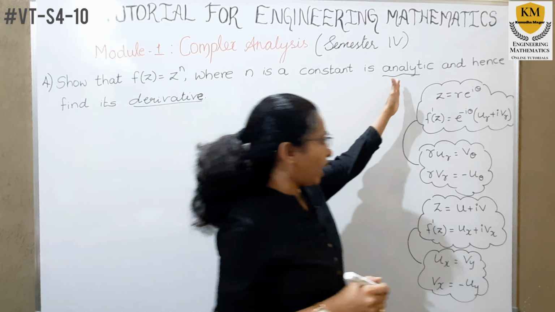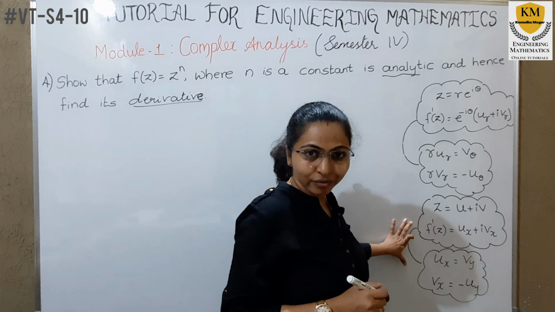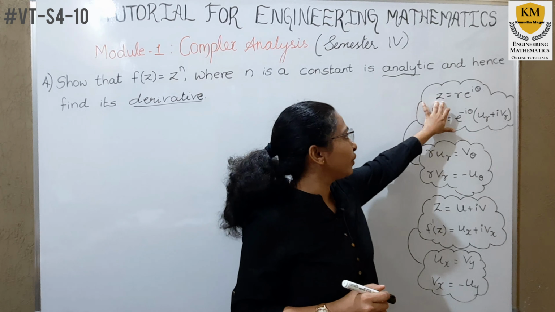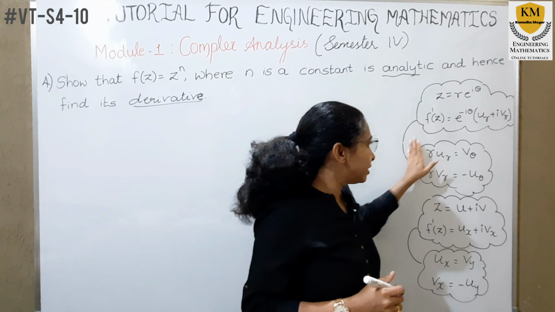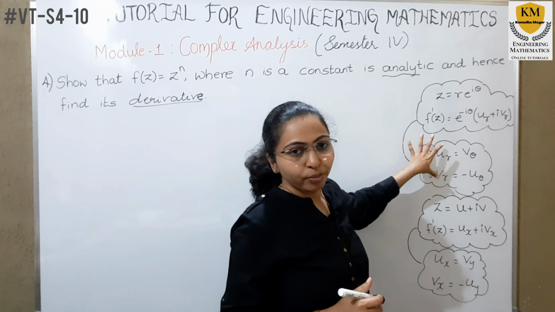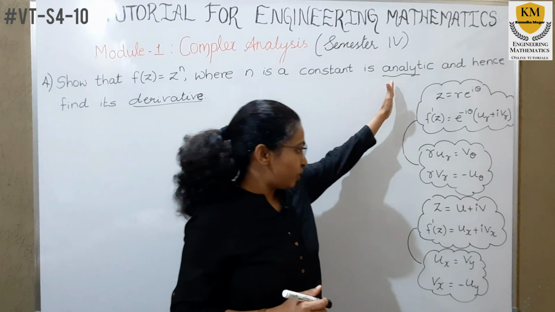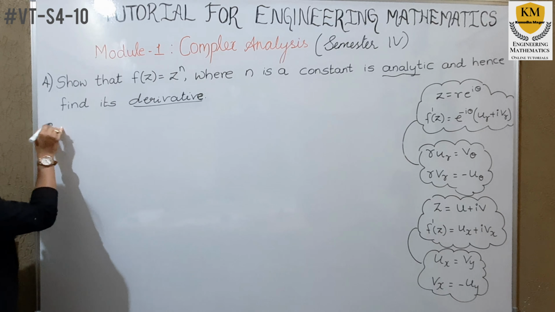Here in this corner I have written the things to do. This is for polar form and this is for Cartesian form. I have written the function of z, the way you are going to consider it, its derivative, the standard way of considering, and its CR equation with respect to polar form and CR equation with respect to Cartesian form. If you want, you can just take it down. So let me start with the solution.